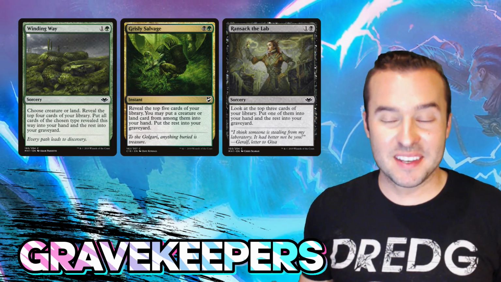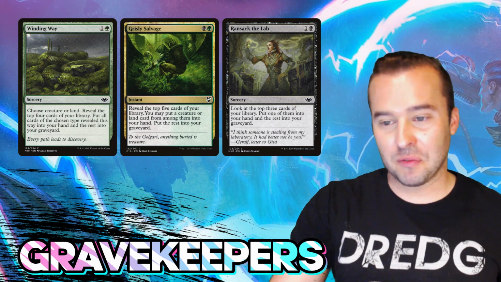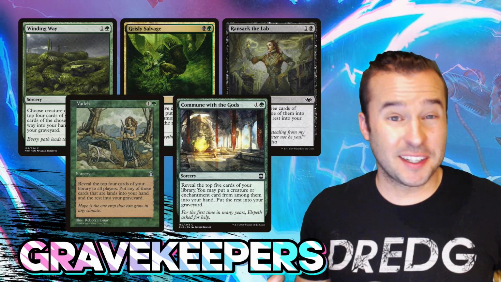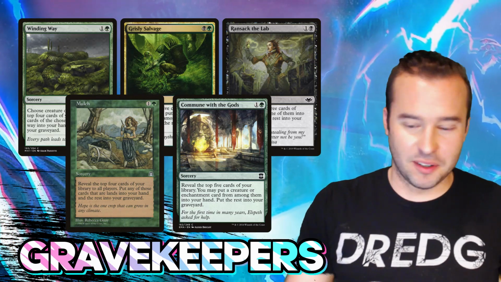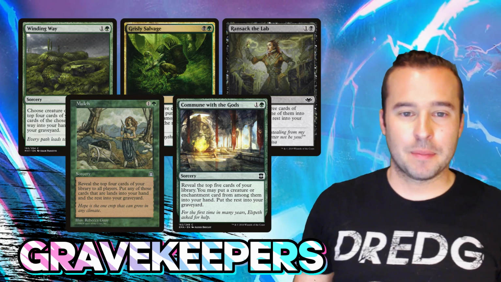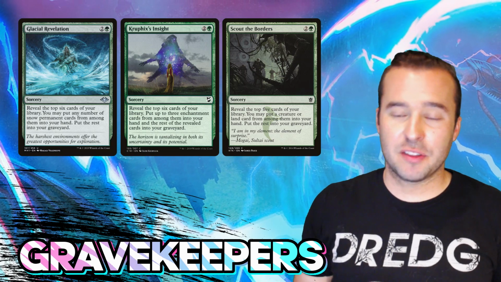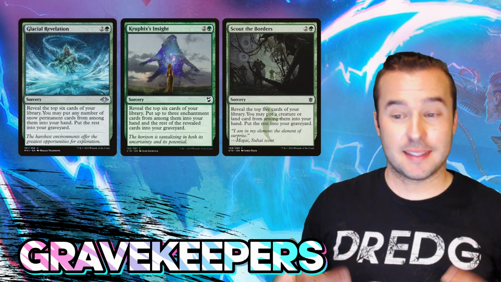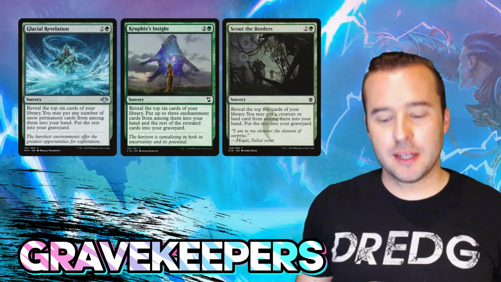That's one of the best things about playing a graveyard deck, is that your graveyard is just one big hand. And that really helps fuel it up. Even stuff like Mulch and Commune with the Gods, even though they're not running a lot of enchantments in here, it's still basically just draw 5 into the graveyard, which is pretty much what you want to happen. Same thing with Glacial Revelation, Crush's Insight, and Scout the Borders. Being able to look at that many cards that quickly, looking at the top 6 cards or the top 5 cards of your library, dumping in there,